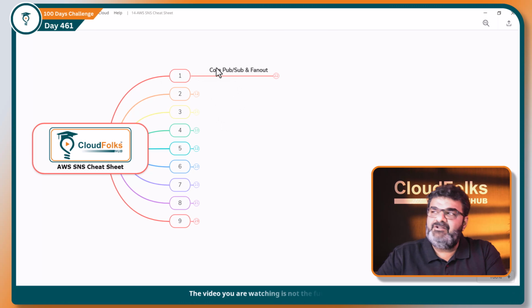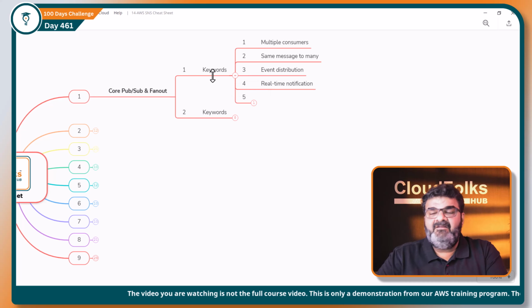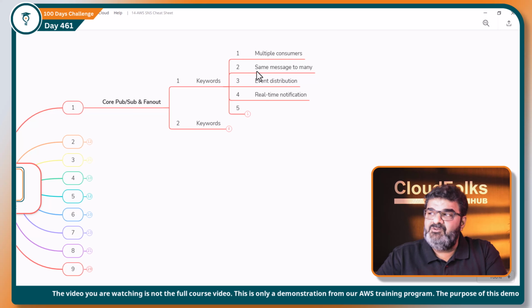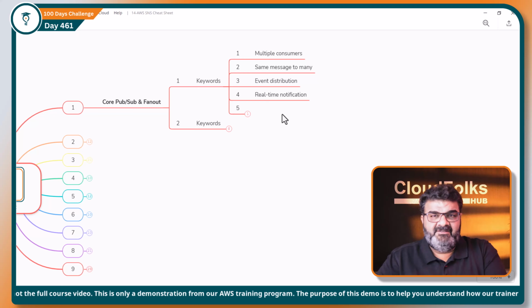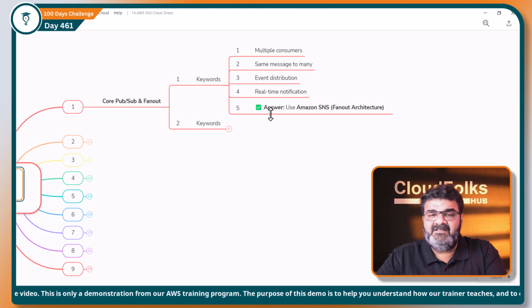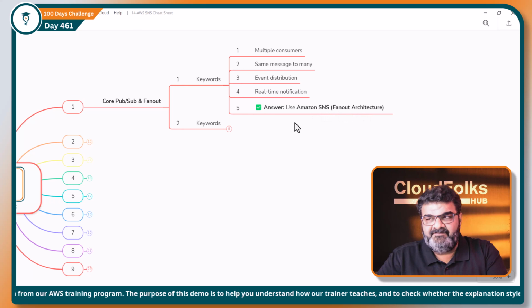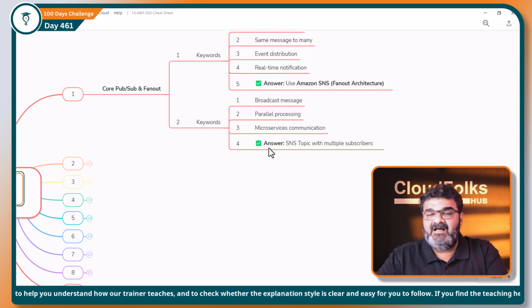First of all, let's say the topic is core, pub, sub, and fan out. Here, we have to find keywords from the question. Keywords are like multiple consumer, same message to many, event distribution, real-time notification. If you find these keywords in the question, the answer would be use Amazon SNS fan out architecture. If the keywords are like broadcast message, parallel processing, microservices communication, then the answer would be SNS topic with multiple